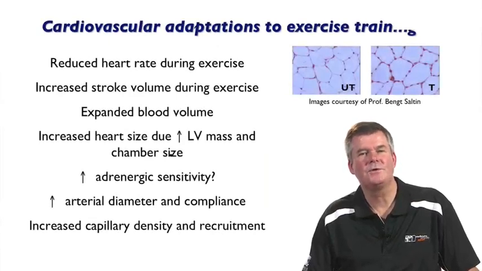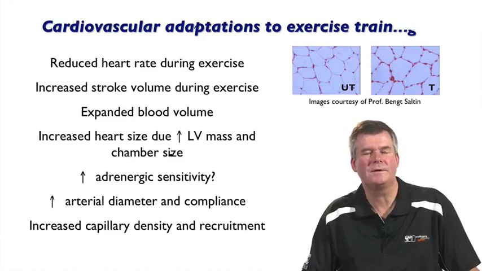In the earlier slides, I showed you the difference between the cardiovascular responses between a sedentary group and an athletic group. And there are key cardiovascular adaptations to exercise training. There's a reduction in heart rate during submaximal and possibly also maximal exercise, and this is associated with an increased stroke volume during submaximal exercise, but importantly also during maximal exercise. Some important adaptations which enable this increase in stroke volume to occur include an expansion of blood volume, which facilitates